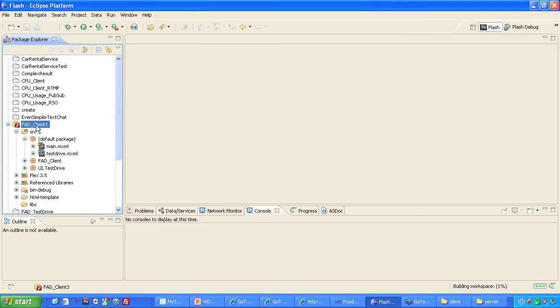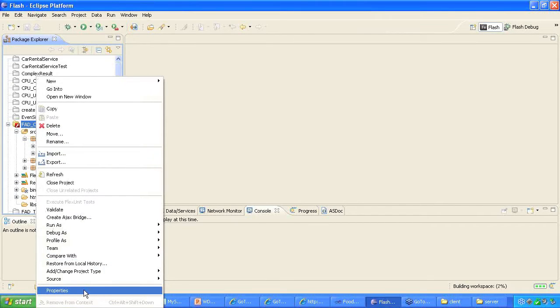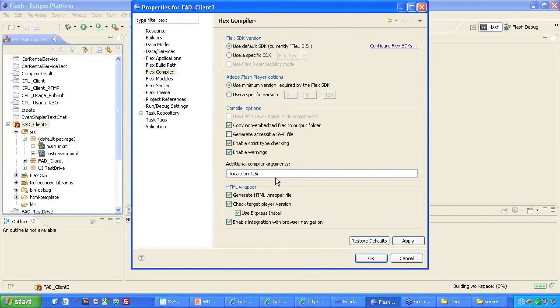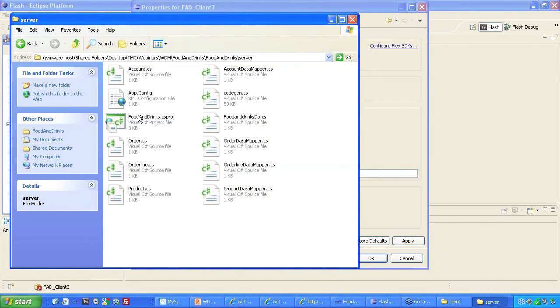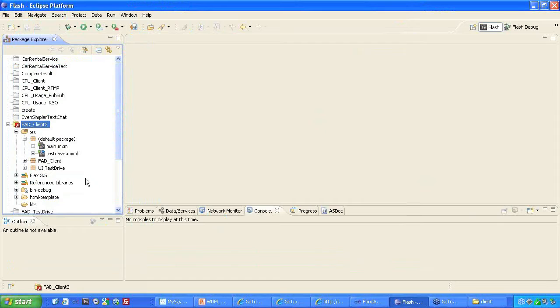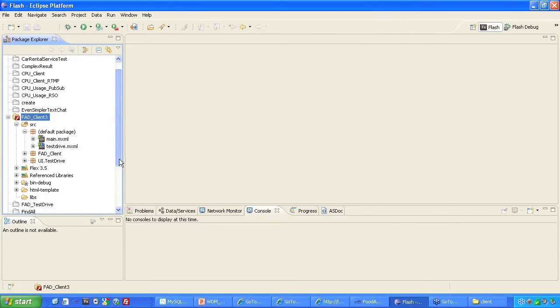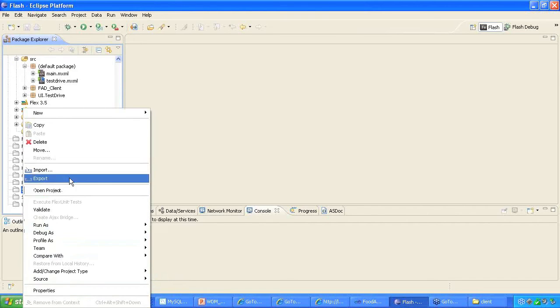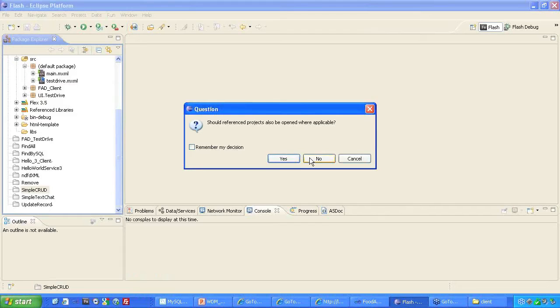All right, now there's one other thing you need to do here that's easy to forget, and if you forget to do it, you're going to get all sorts of weird errors, and that is to add a services path. Let me find this here. Actually I'm going to do this the easy way and cheat, which is to open up an application that I wrote last night, which I know has this path name in it, and copy and paste it out of there